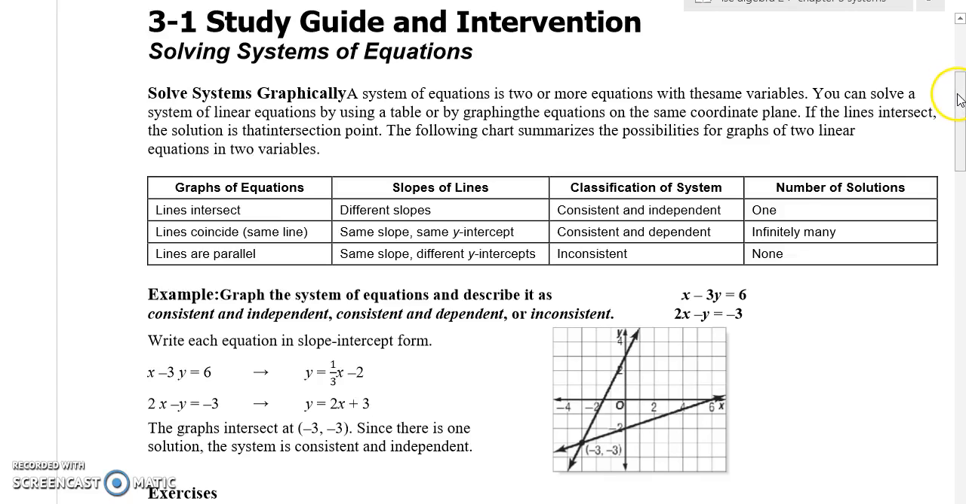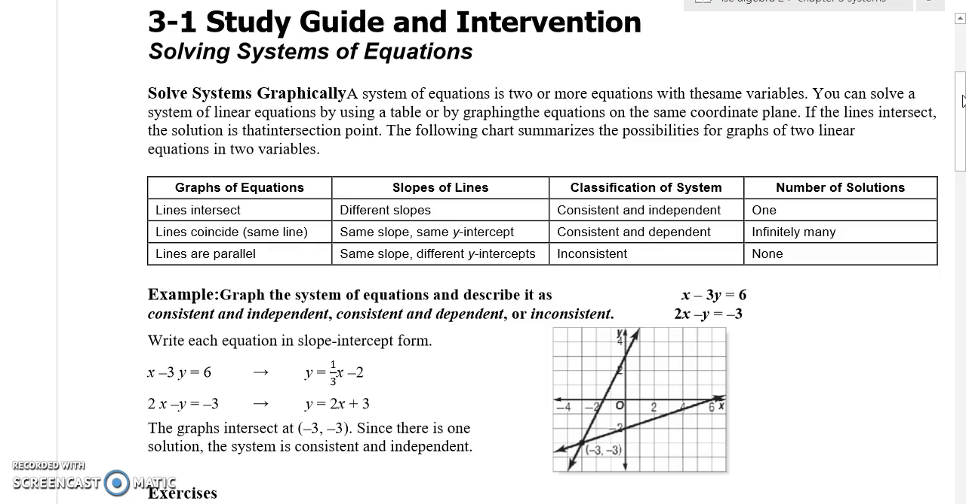Alright, so a little study guide and intervention here. We have lots of things going on, obviously. If the lines intersect, they have different slopes. We call that consistent and independent. There is one solution. If the lines coincide, if they're the same line, it's the same slope, the same y-intercept,